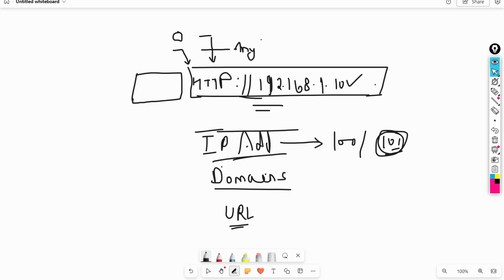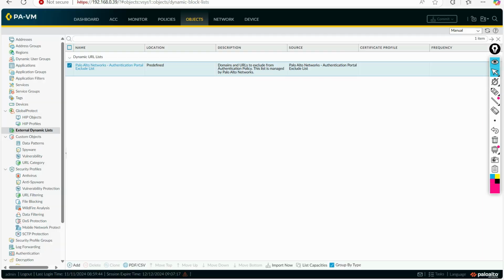Service is obviously any. It means that any communication initiated from or going to this EDL will be blocked, and in this EDL we will keep our malicious IP addresses. Let's say a new malicious IP is discovered by the cybersecurity team. You just need to update the EDL hosted on this server. This information automatically syncs to the firewall, and the firewall will start blocking. So this is the purpose of EDLs. Let's discuss more on it.